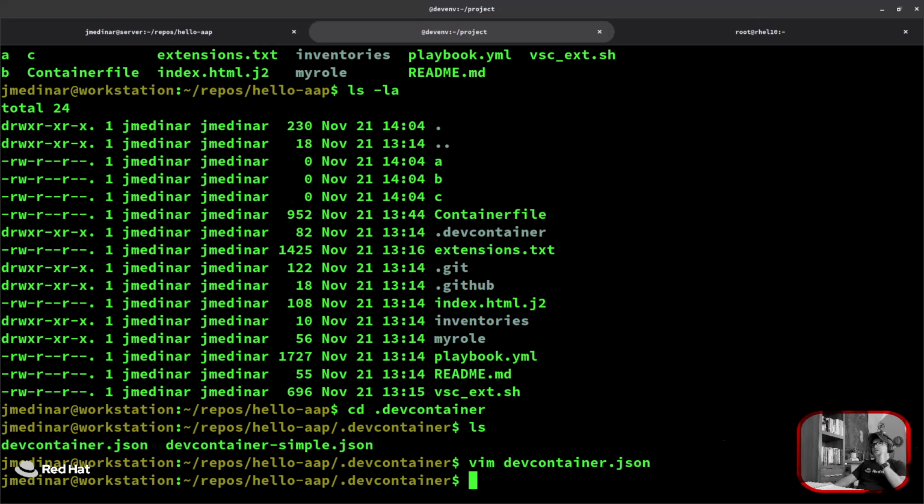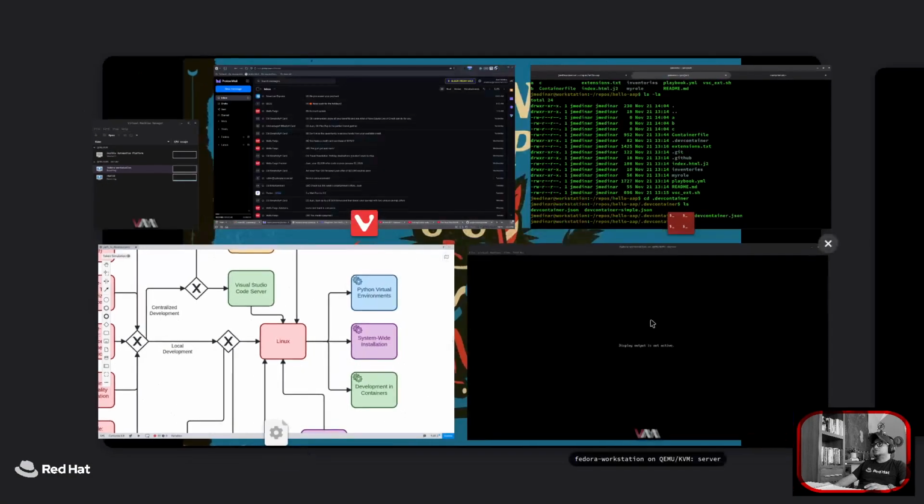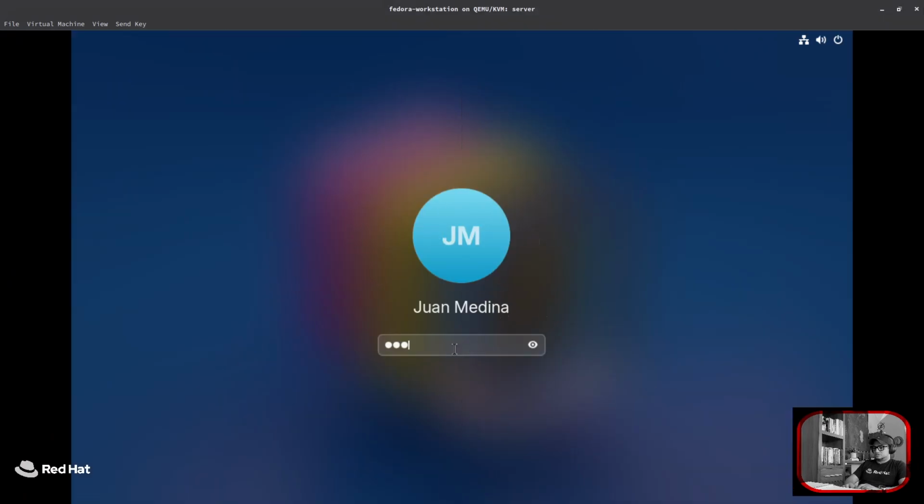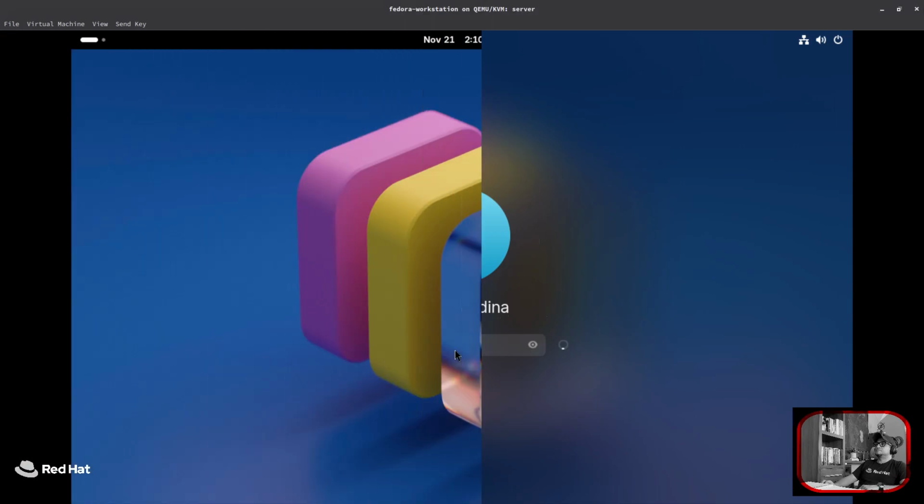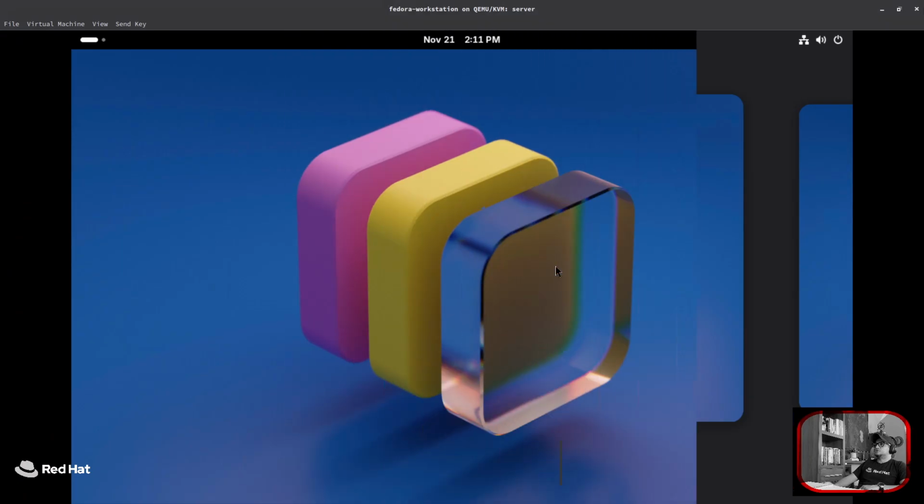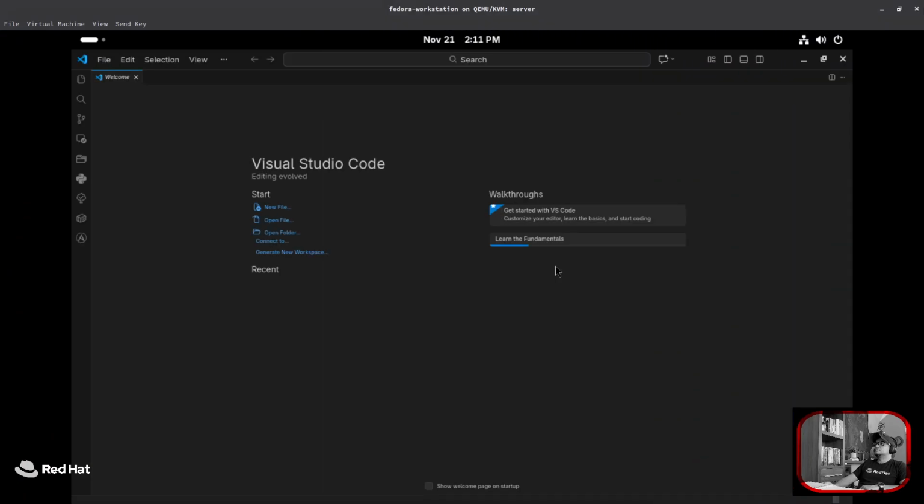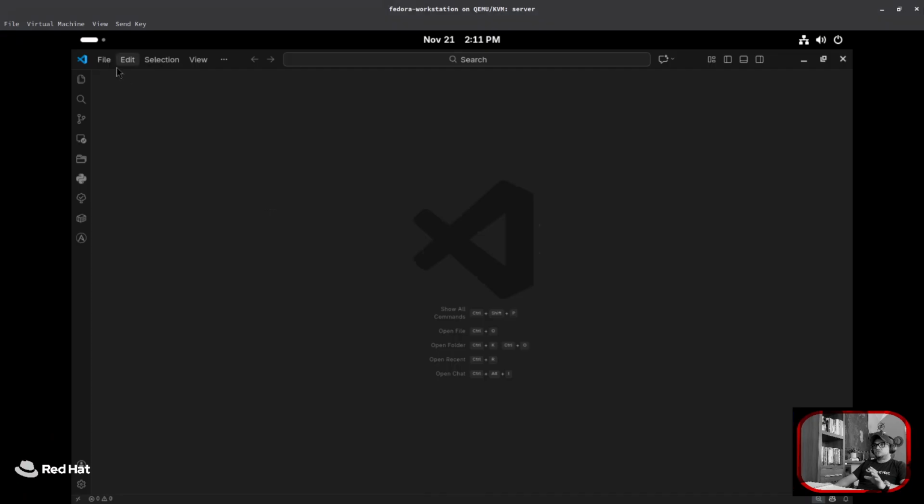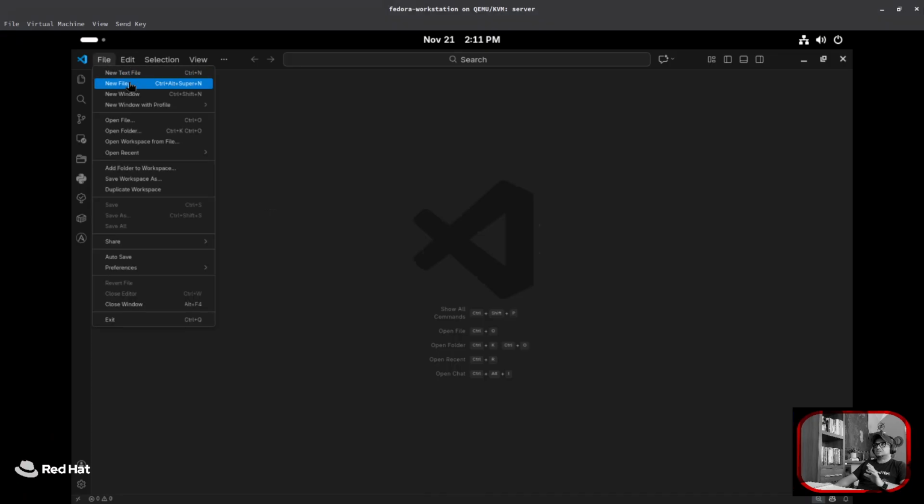Just create the folder, create the file, configure it the way you want it, and now how do we make it work? All we need to do is go to Visual Studio Code, let me open this, and just regularly open Visual Studio Code and open the project you want to work with. As long as that folder and that file exist, it will automatically